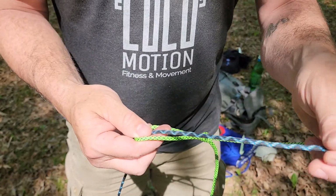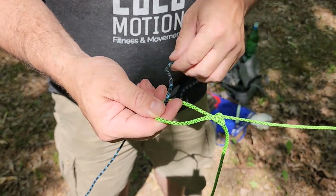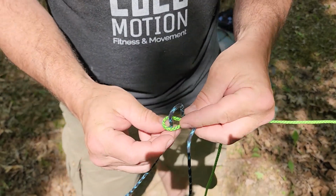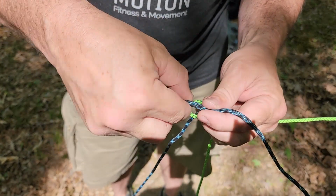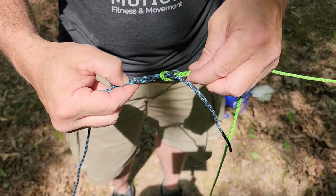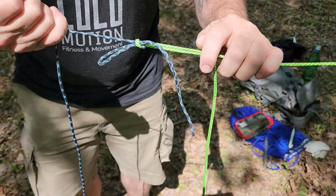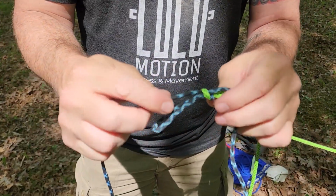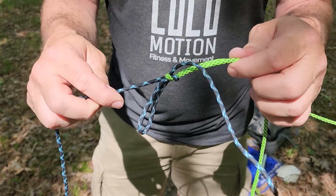So I start with the sheep bend through the loop from underneath. I'm going to take a little more than I normally would. I'm going to run that up behind that and over that loop again. Only this time, instead of passing under itself, the blue line is going to take a bite. I'm going to form a bite in that blue line and tuck it down through that loop next to its standing end. Then I pull that tight, and that knot will cinch down, and I'm able to pull that knot very tight. So instead of tucking under itself, the standing end, I just put a bite back through the green loop and tightened it down. That's called a Lapp knot,